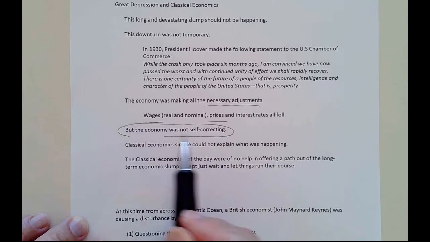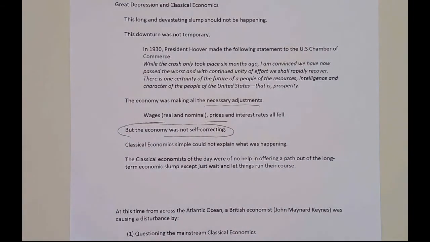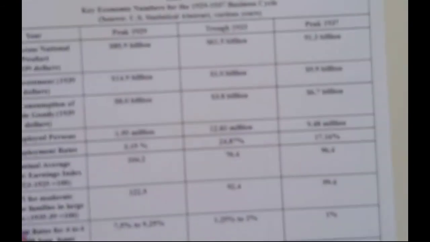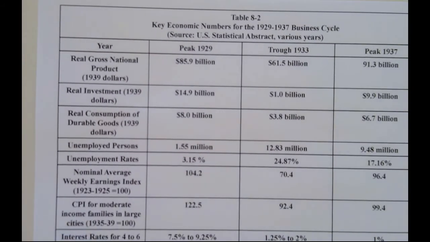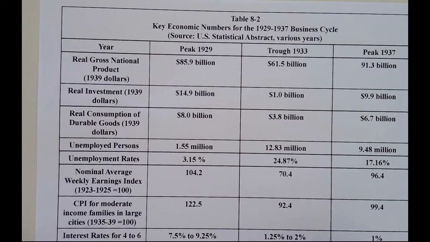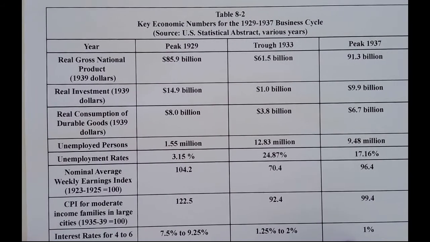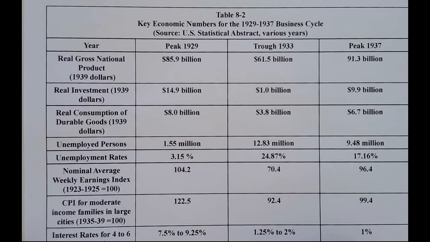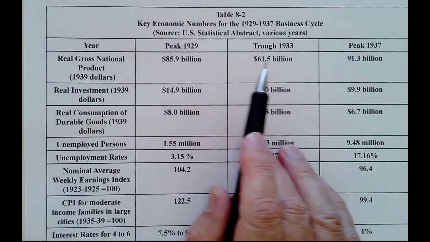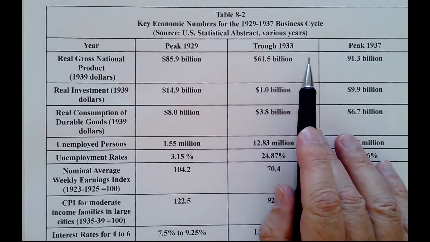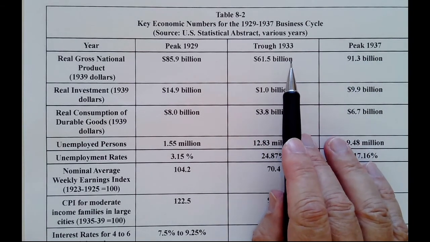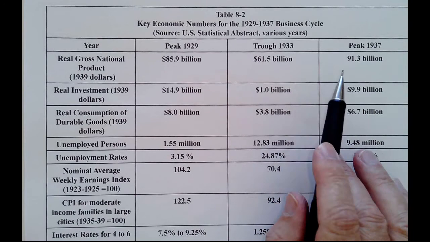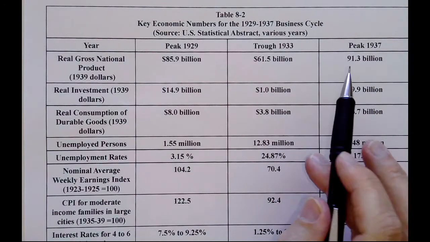And here's some numbers. So we have here some numbers during the cycle of the 1930s. It was a peak in 29, a trough in 33, and then we had an expansion from 33 to 37. Even though it was an expansion, according to the definition of an expansion, it was still a pretty bad time